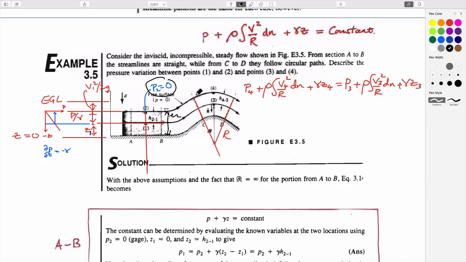So what do we know? We certainly know these two, just from the elevation. The difference between them would be the same as these if we look at continuity, but we don't need to worry too much about that. We know some radius of curvature R, so we have this, which isn't infinite now, it's some finite value. We know that P4 is atmospheric,